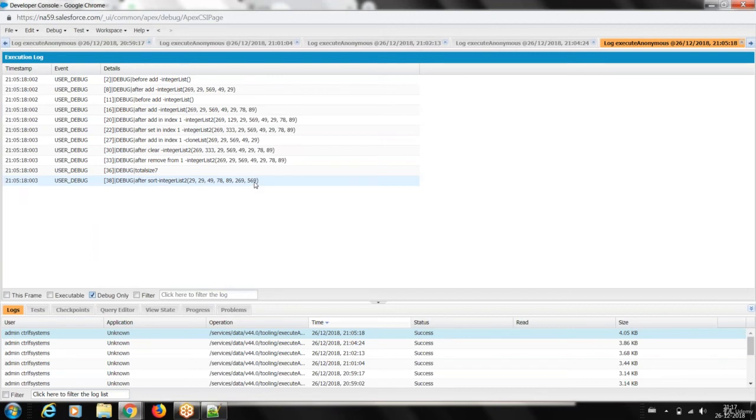Okay. So now we understood how to add one element or multiple elements to the same collection, or clear the elements, or clone one list to another list, or check the size, set a particular element, remove a particular element, and sorting by default. Correct?